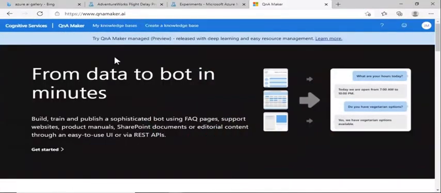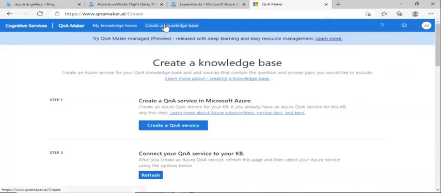We have identified features and characteristics of bots. Let's start the process of building a bot, which starts with a question and answer list, which we will start to build using this Q&A Maker. I am on the QAmaker.ai website, and I am going to select Create a Knowledge Base, which will hold pairs of questions and answers. Then I will select Create a Q&A service,